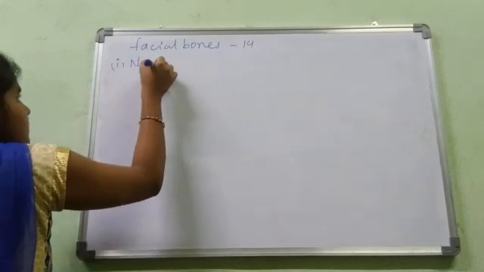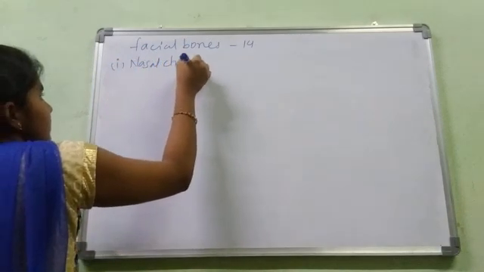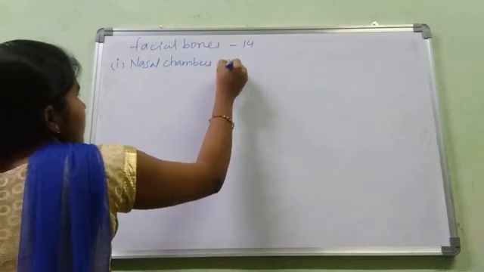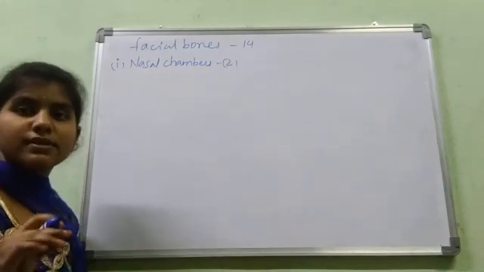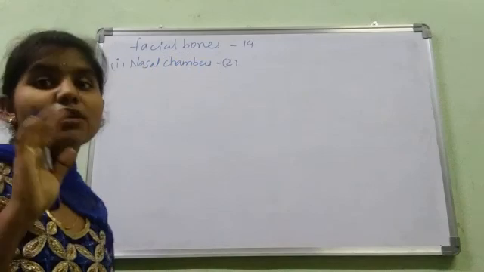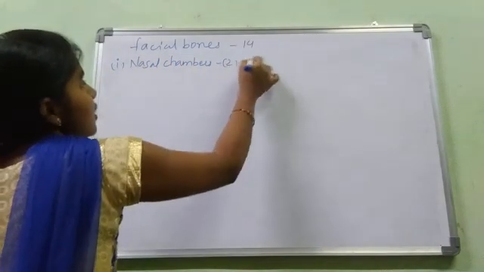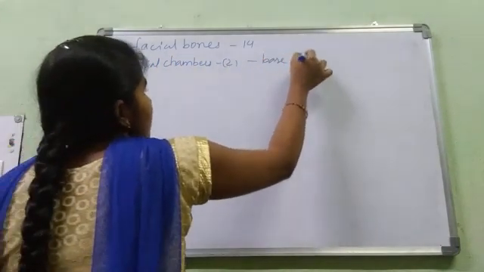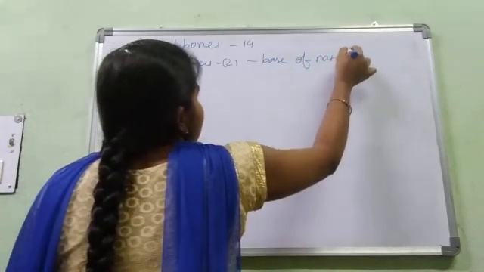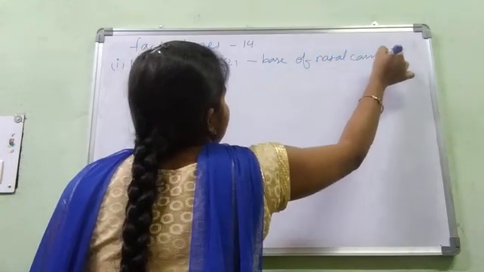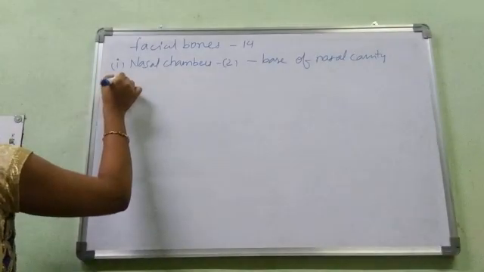Nasal bones, 2 in number. They form the base of the nasal cavity, and they are 2 in number. Base of the nasal cavity. Okay. Then